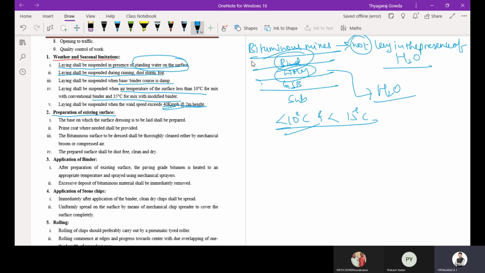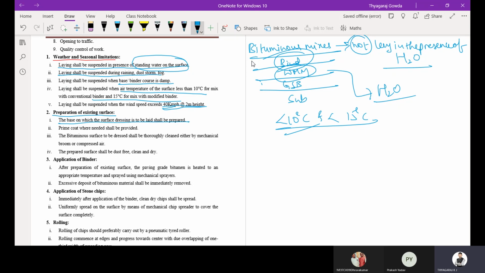Okay, next is preparation of existing surface. The base on which surface dressing is to be laid shall be prepared cleanly.